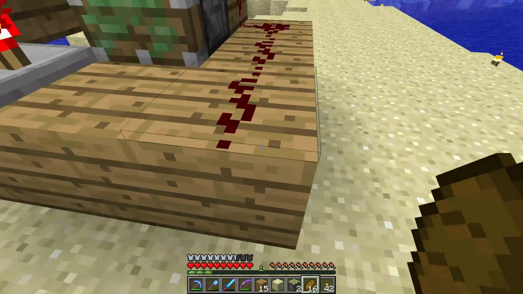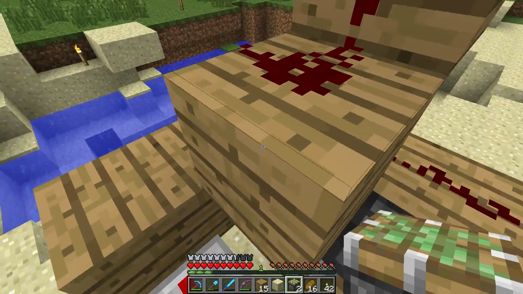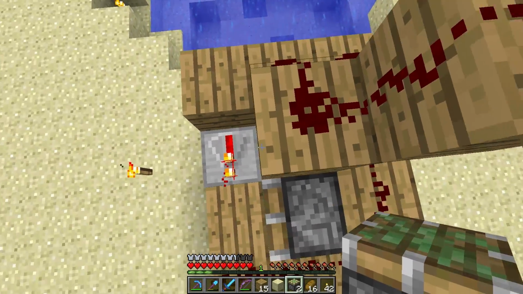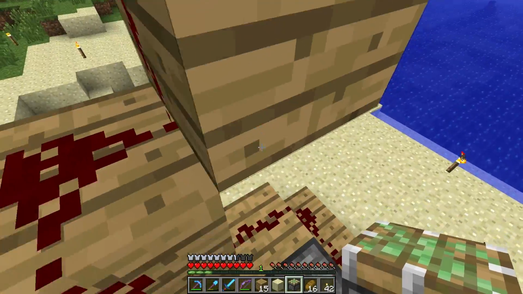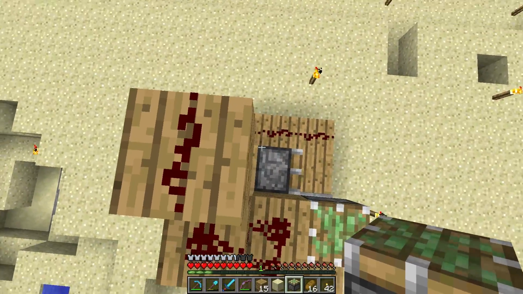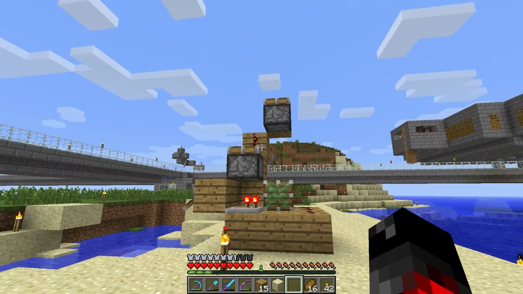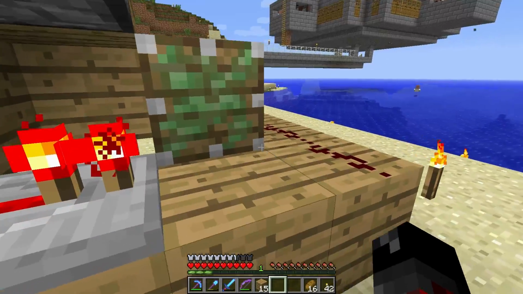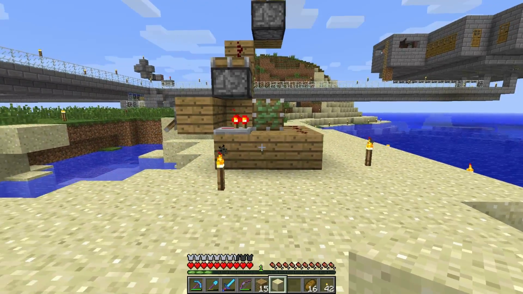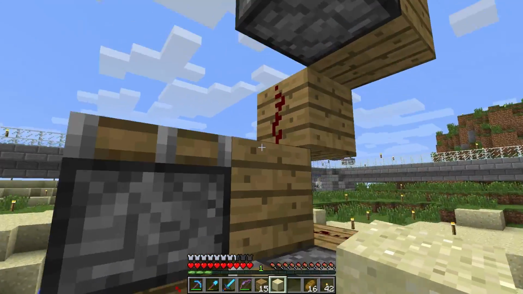So let's see. I need to put a sticky piston right here. And I think I need another one right there. Is that right? I think that's right. Yeah, that looks good. Okay. What's next? We need to...